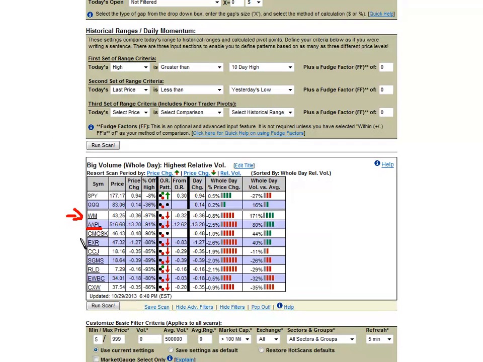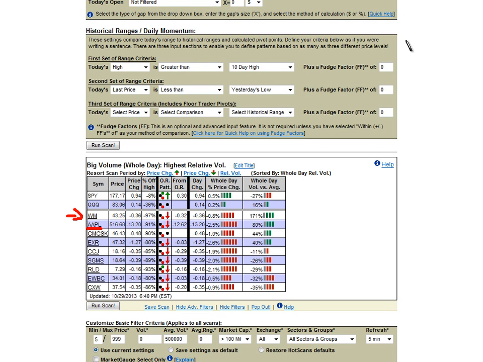When I saw that it had a key reversal day, that's what made me go to hot scans, to use the tool to see whether or not there were other stocks that might have interesting opportunities. And in fact, Waste Management could be interesting if you like to be on the bearish side. And I forget which one in here, there's a good flag that has a key reversal day as well. So check out these stocks if you're interested in this pattern.